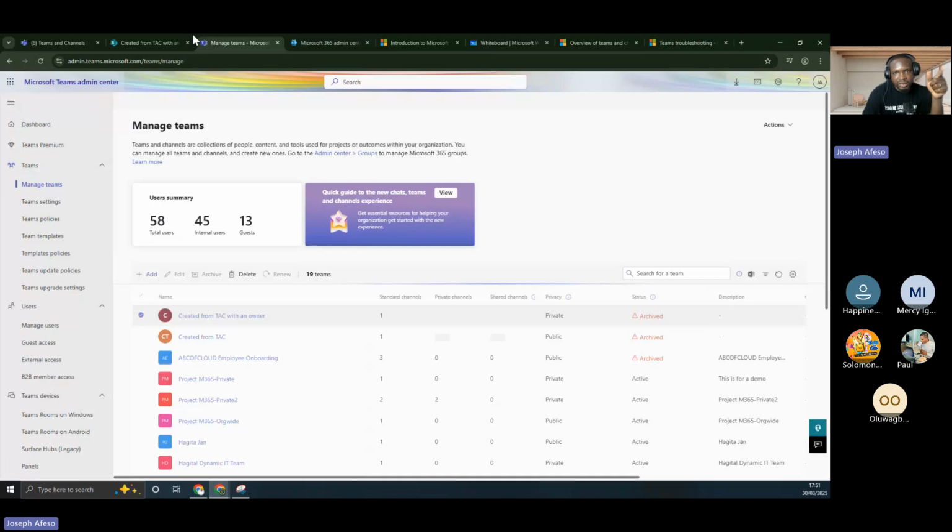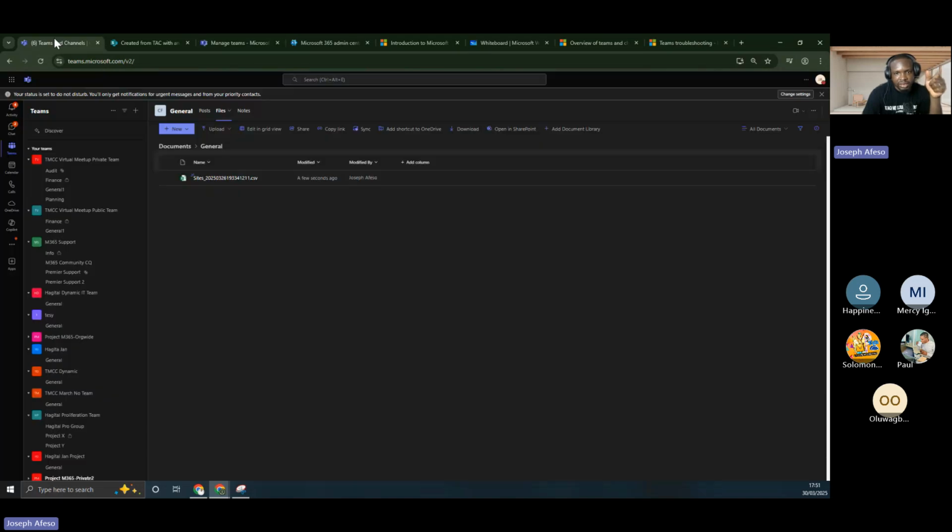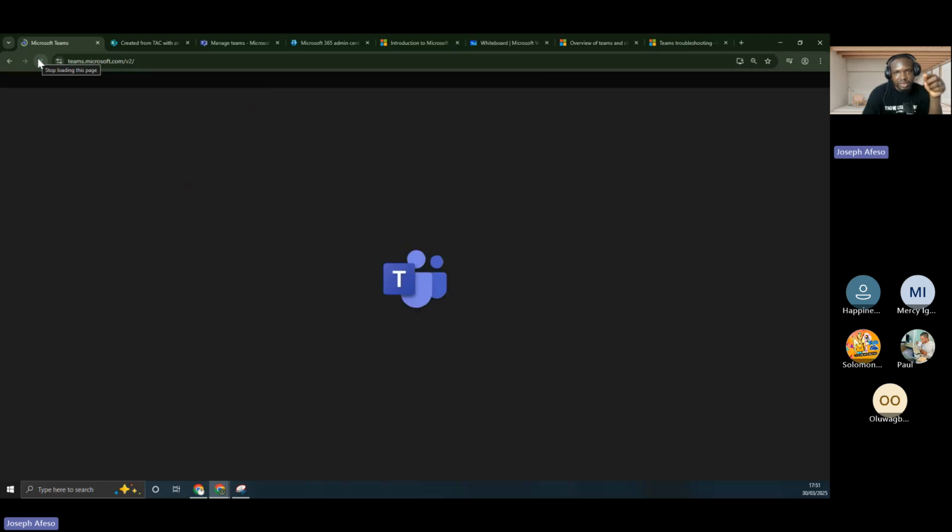But the question now is, what if you do not have access to the admin center? Where are you supposed to see the archived teams, right? Because as an end user, you should still be able to add people or manage the membership of the archived team.